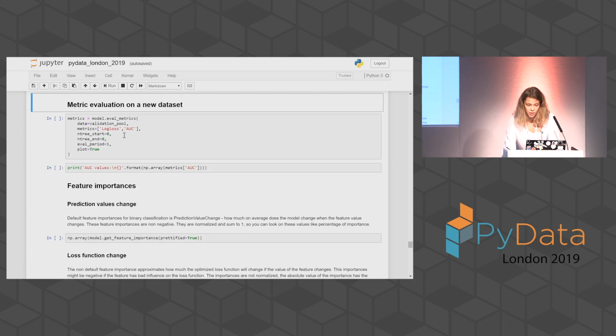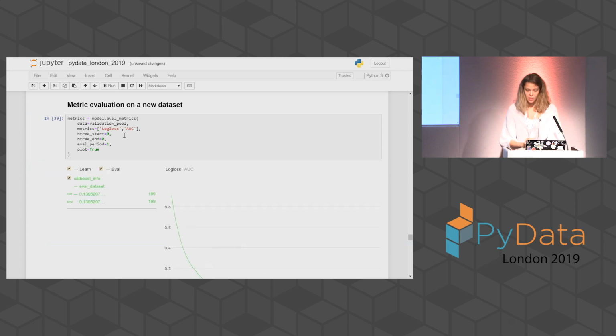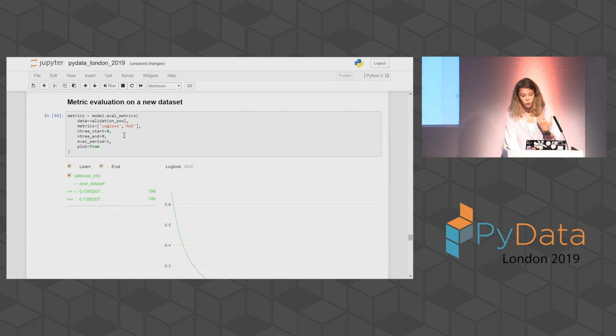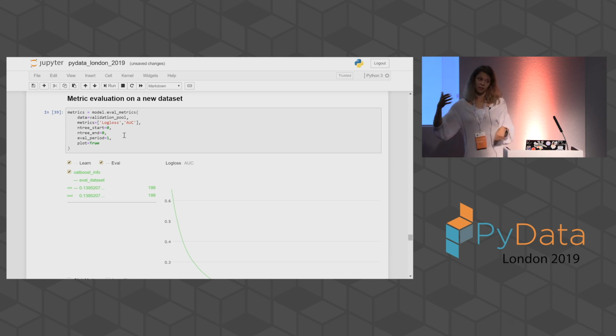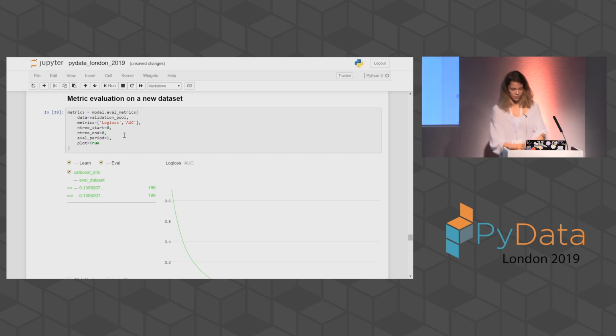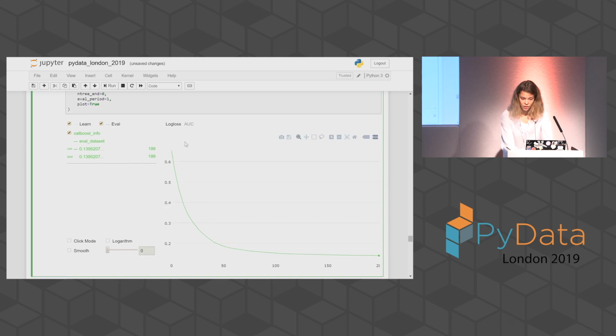So the first thing that we will be doing, we will calculate metrics on a new data set. Sometimes you have a model that is already trained, and you have your new data set. For example, I have the old data and I train a model on old data, and then I want to check how well this model handles the new data that has just arrived. To do this, we have this eval metric function, and